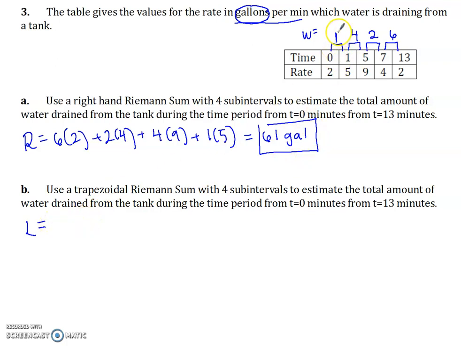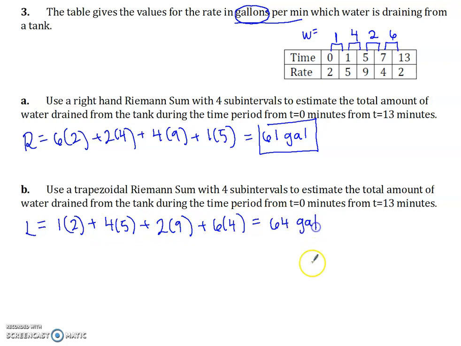So from the left hand, I'm going to start here and I'm going to do 1 times the value on the left. So 1 times 2, plus this will be 4 times 5. Then the next set is going to be 2 times 9. And then 6 times 4. So again, with the left-hand sum, I'm leaving this value out. When I did the right-hand sum, I left this value on the left out. So then when I multiply these and then add them all together,